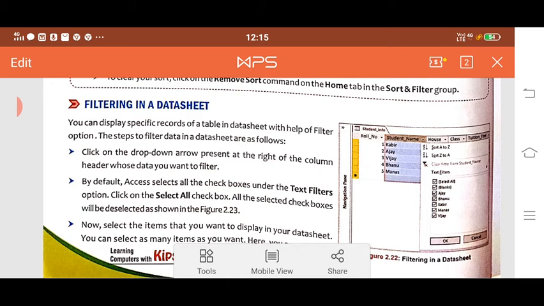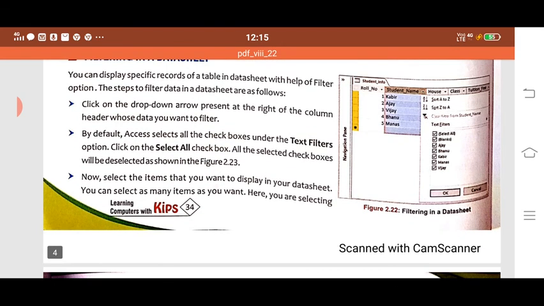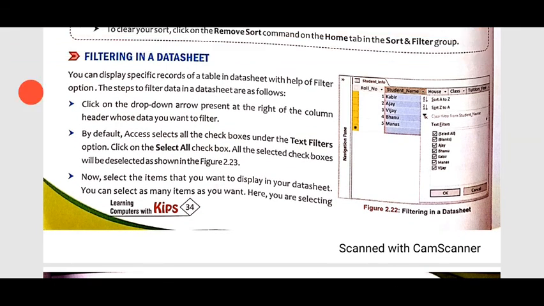You can display specific records of a table in datasheet view with the help of a filter option. The steps to filter data in a datasheet are as follows. Click on the drop down arrow present at the right of the column header whose data you want to filter. By default, Access selects all the checkboxes under the text filter.